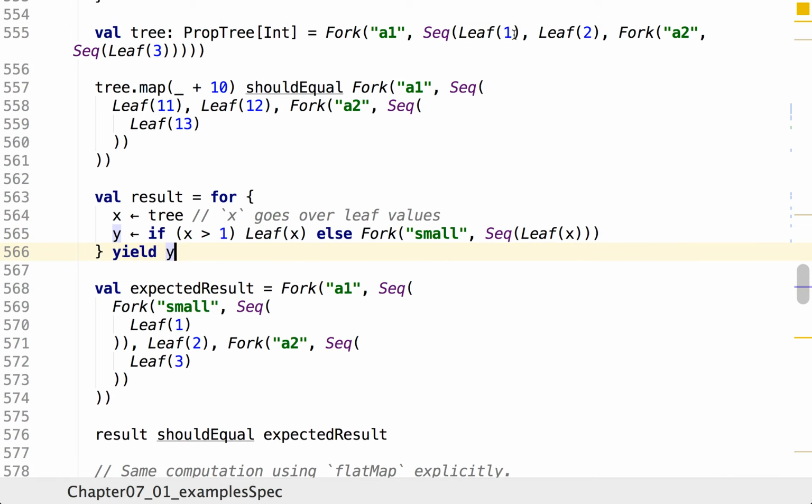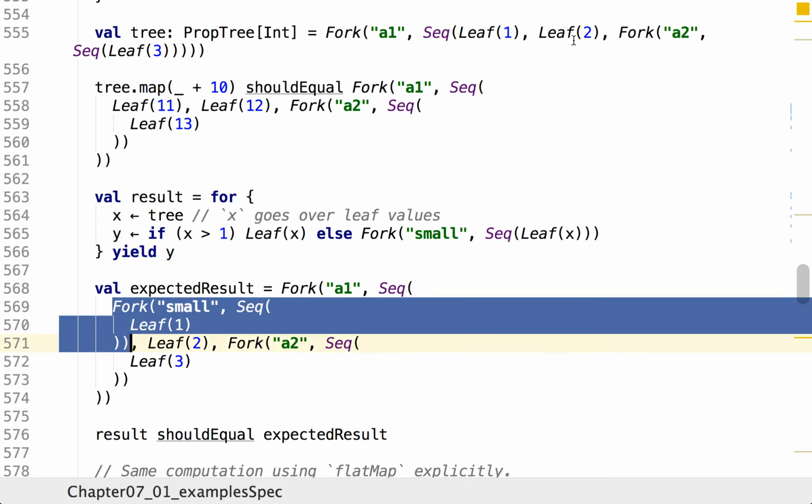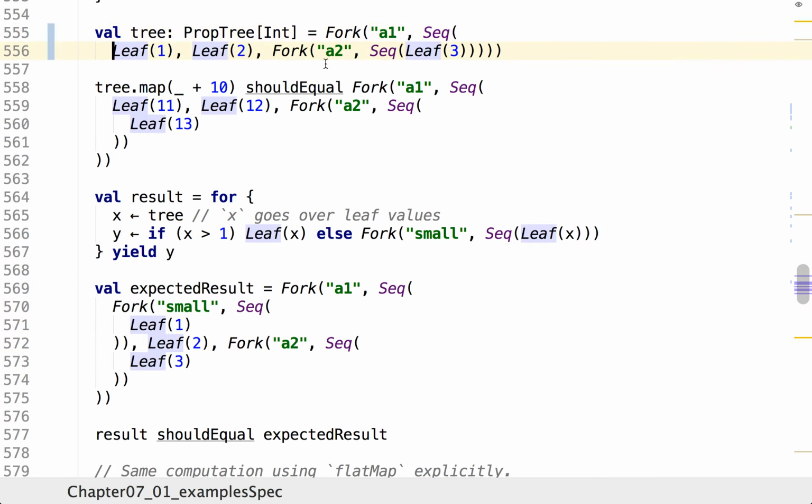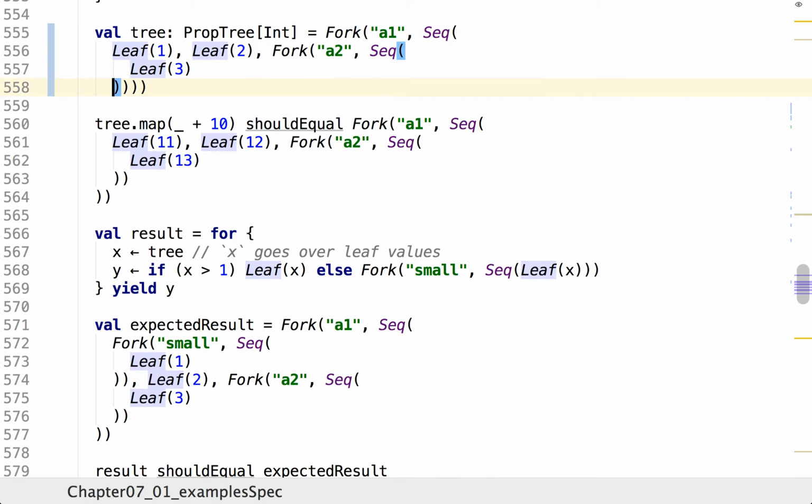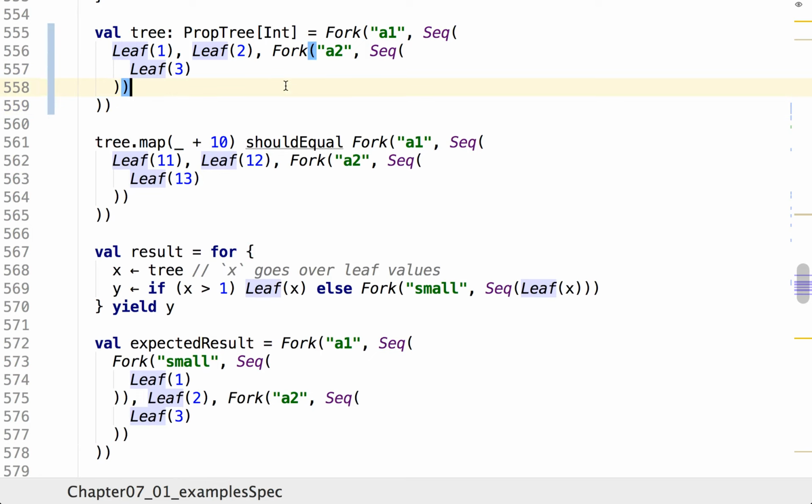So the leaf 1 is the small. And instead of leaf 1, we have now a different tree, this one. Everything else stays the same. So fork A1, let me maybe format this so that it's easier to compare the two different trees before and after the transformation. The only difference is that instead of leaf 1, we now have this fork with extra information. So that's the result of